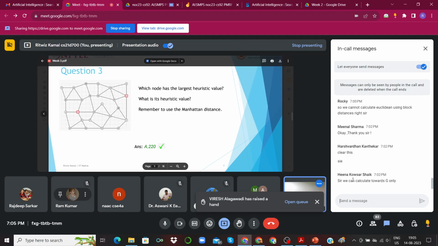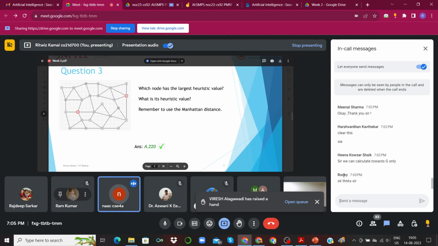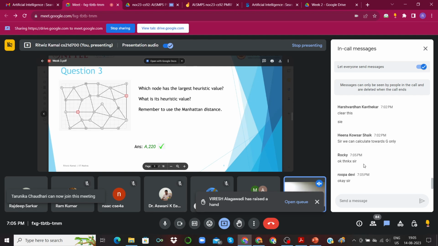Yes, Hina, we only calculate the heuristic value with respect to the goal node, because it is intuitive: we want the heuristic value to be a measure of how close we are getting to the goal node.